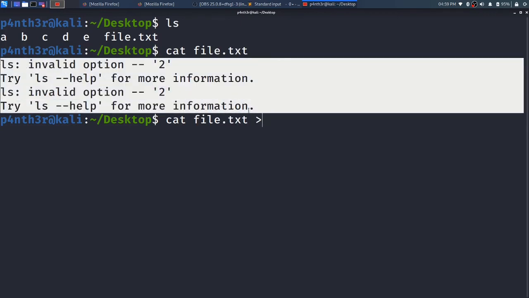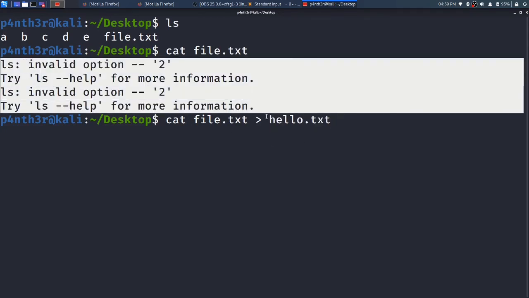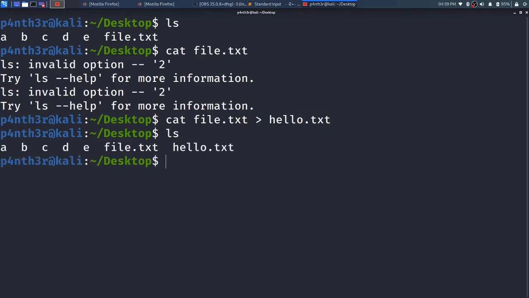I don't want to print this output onto the screen. I want to store this output into some other file. So let me type hello.txt. I am giving one more file, hello.txt. What will it do? It will create a file hello.txt, and the output it is giving will be stored into that file. So I will press enter. Type ls.